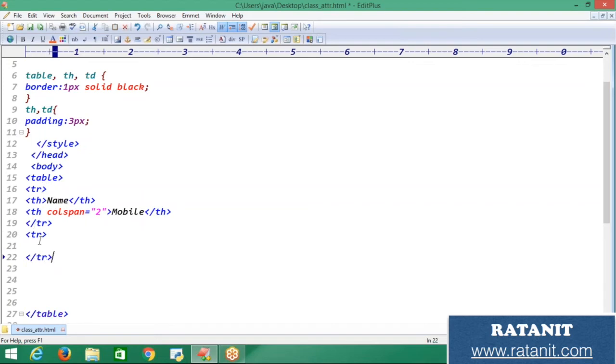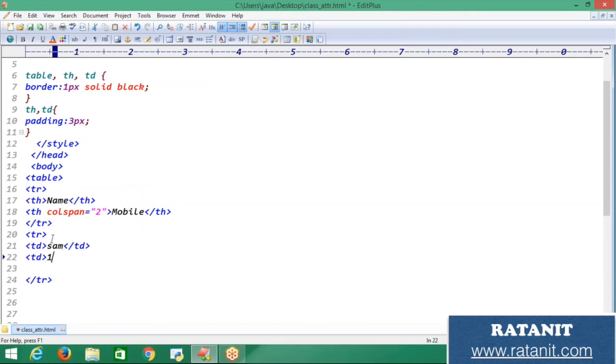Now I have added the heading, right? I'm going to add some data over here, that is td. The td will be Sam, and I'm going to close this td, and another td. Might be he has two mobile numbers. I'm going to add the two mobile numbers.